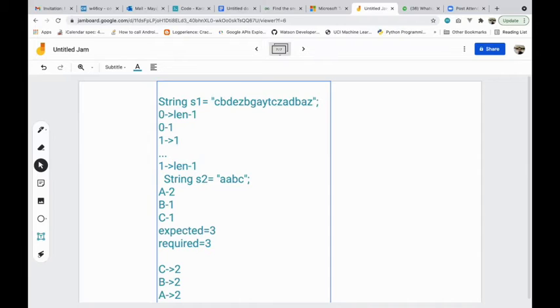So all the starting points and all the ending points in this string create one of my substrings. Every starting point and every ending point will create a substring. Just like C is one substring, B is one, D is one, E is one, Z is one, and CB is one, BD is one. Similarly, likewise. So these are the substrings which I have to create.